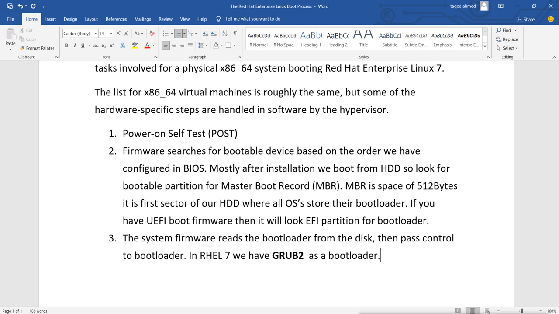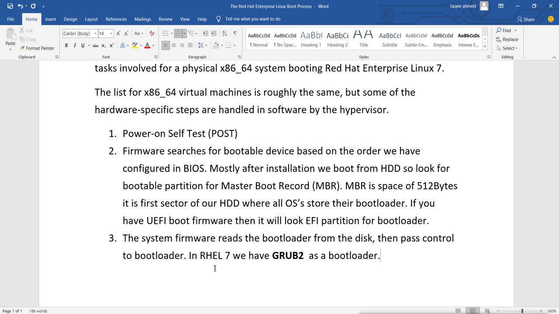So what does this grub version 2 do? It is the bootloader, and it is responsible for our system to start. Remember, the grub stores the bootloader file in the MBR space. The MBR is only 512 bytes, so it will store a bootloader file of only 512 bytes. That file cannot consist of the script for loading the whole operating system. It is just for kicking off and going to the other steps.